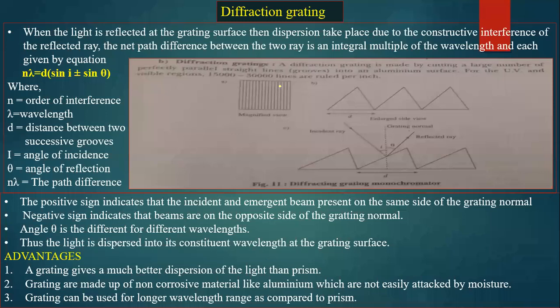Now here, see on the screen, there is a diffraction grating. It is made up of aluminium specially. This is just a small portion, like a biscuit, on which 15,000 to 30,000 lines are there, and from which your light is going to get separated into its individual wavelengths. When light falls upon this, it reflects from this to give you the particular wavelength.